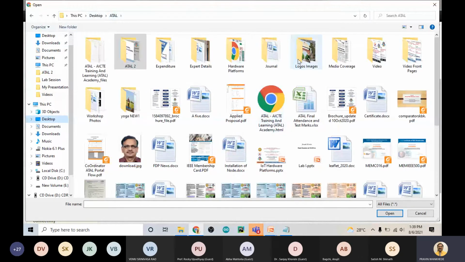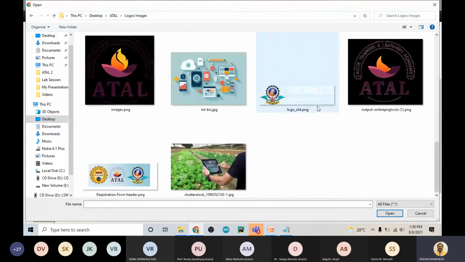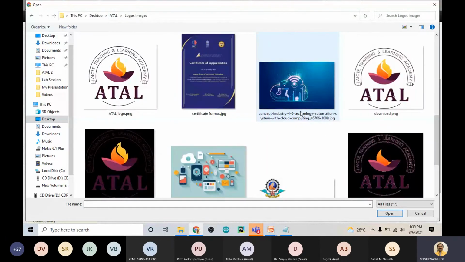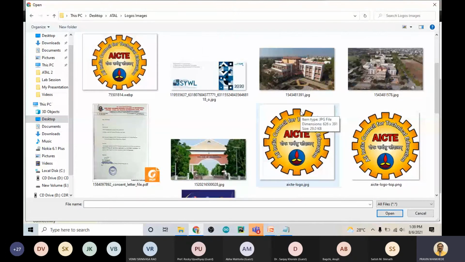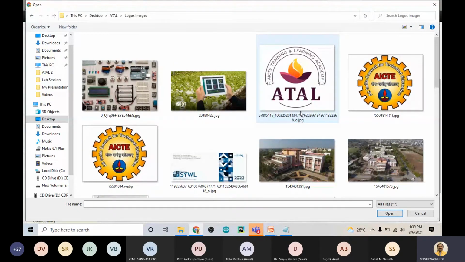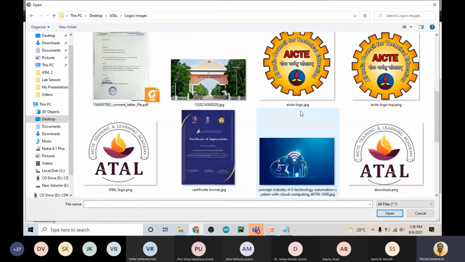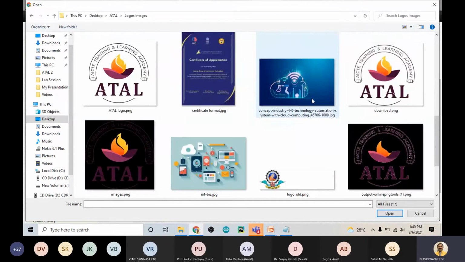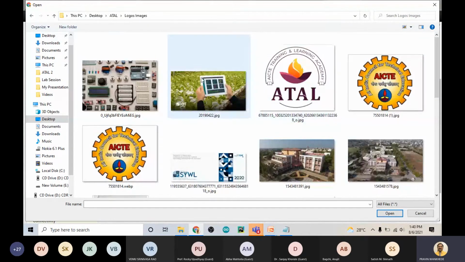Take a logo. Paste. Let me take any logo here. You can take any logo from here. So we'll take the Apple logo from it.